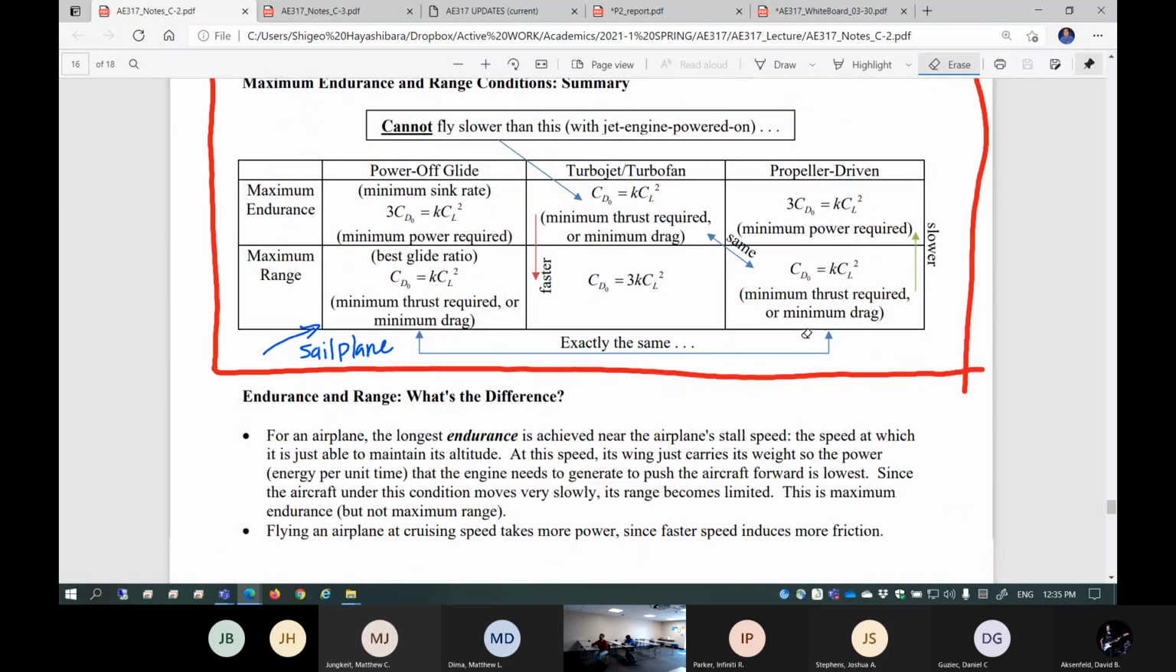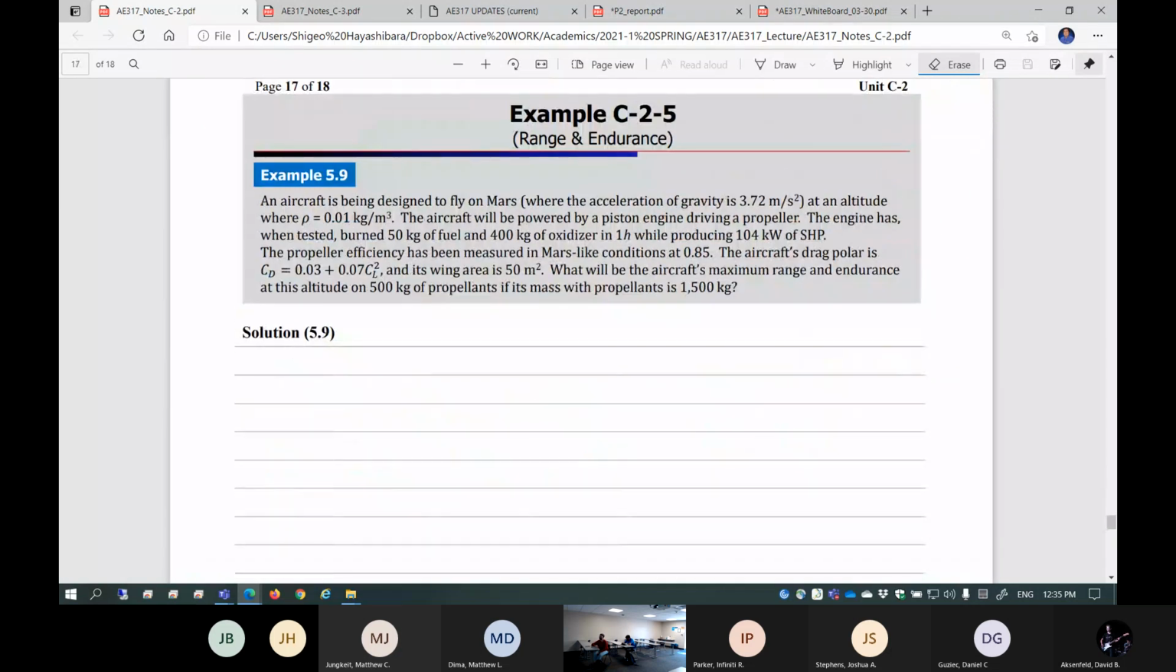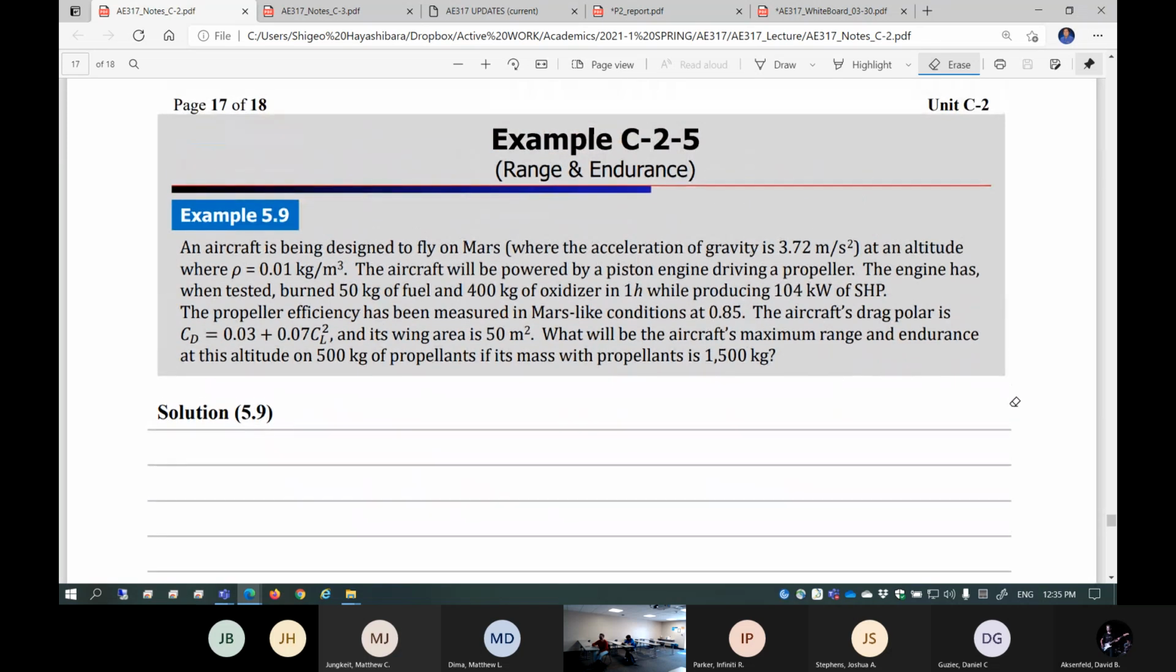So let's just take a look at example C25 today. This is a very, very weird problem. Surprisingly weird, from Air Force Academy people, think about this kind of problem, okay? Because this belongs to another Air Force Academy, this belongs to probably NASA. But anyways, let's just take a look. An aircraft is being designed to fly on Mars. Then you go like, what are you talking about? So an airplane on Mars, okay, sure, it's 100% like a fantasy, but anyways, where the acceleration of gravity is 3.782